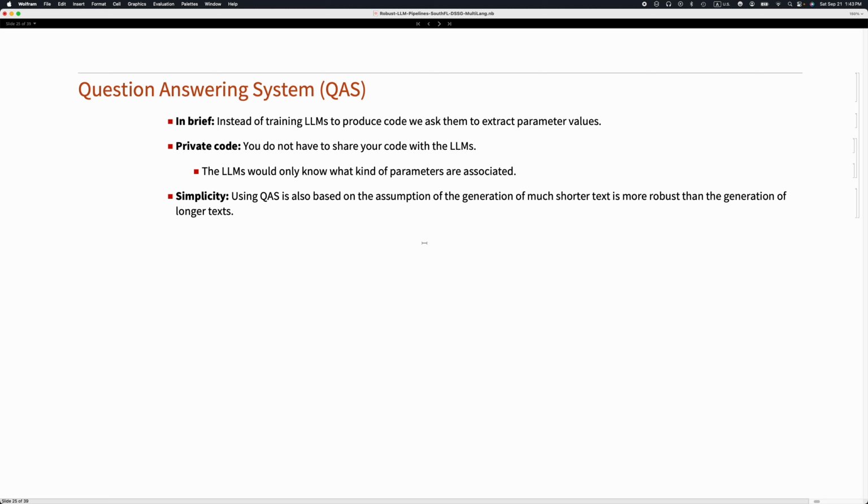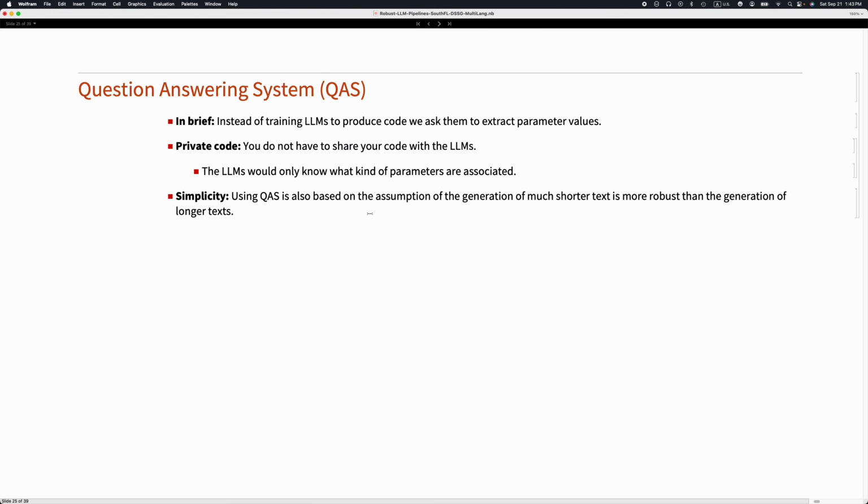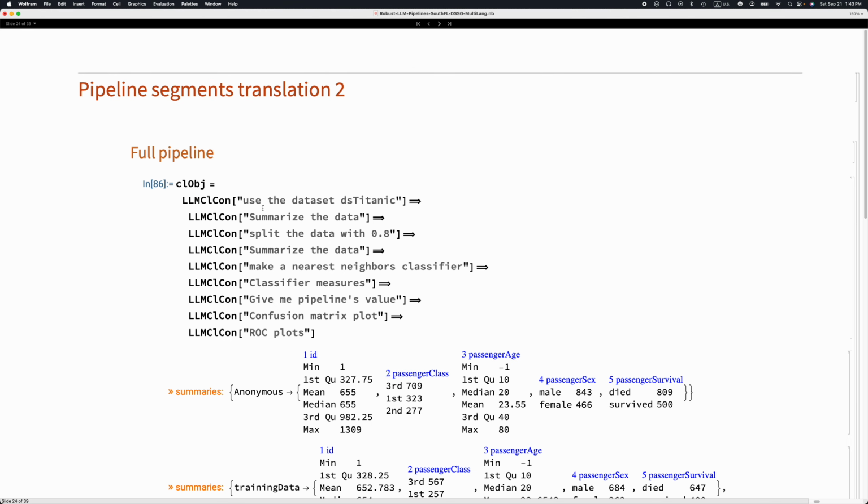This is my next topic. Again, the first three topics I discussed here: the prompt engineering, the DSL for LLMs, the example based. These are built-in mainstream functionalities of large language models. They're always going to be applicable. They're timeless. They exist in one way or the other in different programming languages, in different systems. It is another question: do you utilize them in the streamlined way discussed here, through this